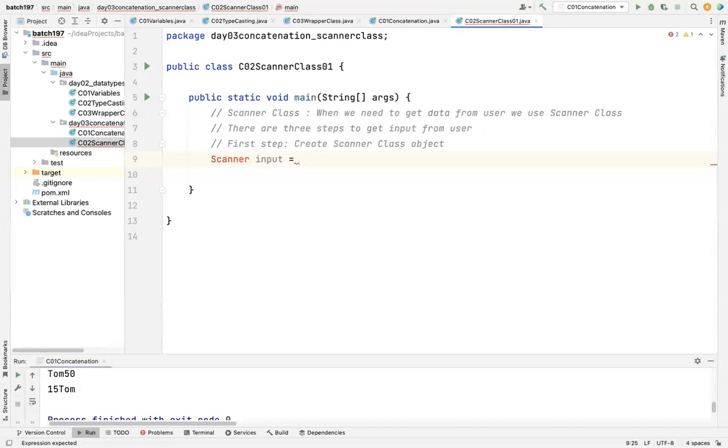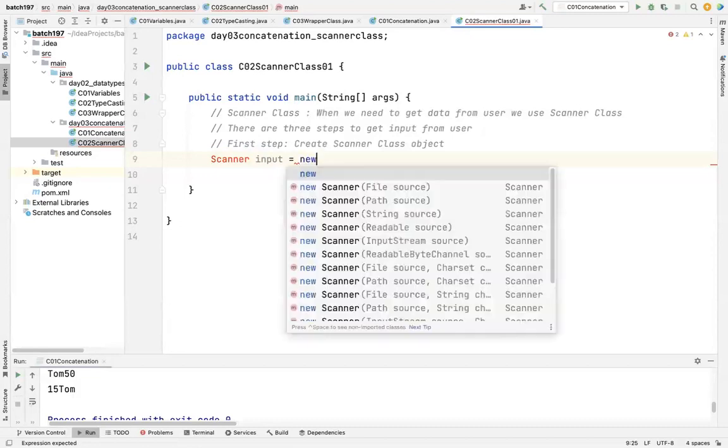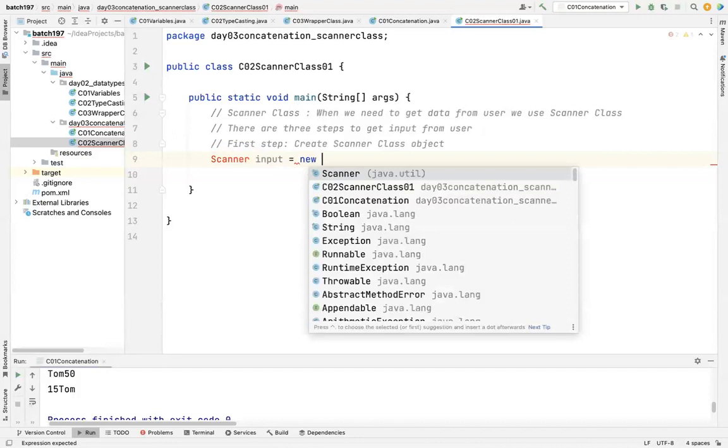And the new keyword, Miss Emine, thank you. We are going to write the new keyword because we are going to create our object from scratch, from nothing, okay? We will create all new objects. And then I'm going to write